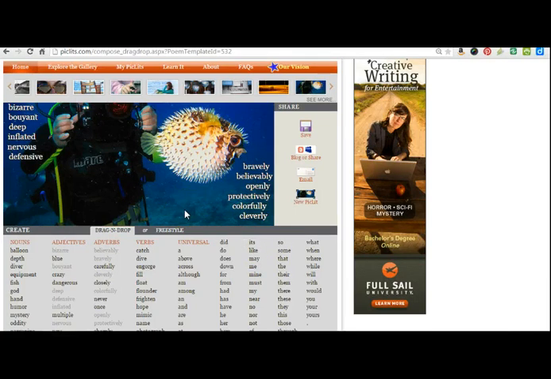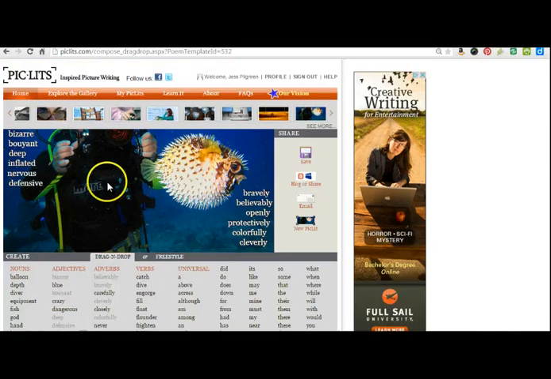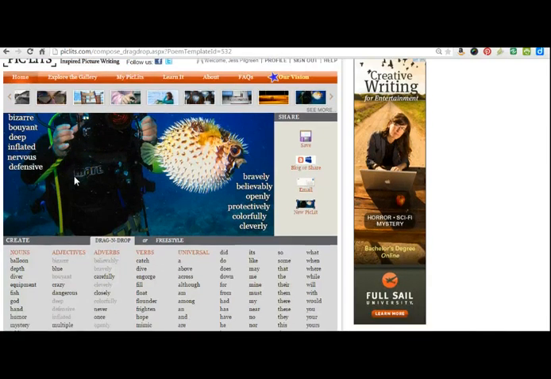If I just need a quick 20 or 30-minute activity, I will set these down at desks, and when students walk into the room, I'll tell them to just sit at a desk that has an image that interests them, and then that will be the topic that they write about for that class period. This would also be a great bell ringer activity: put these into a PowerPoint and project an image up on the screen at the beginning of class and have students respond to the image using words that they have on the image here in order to do a quick write at the beginning of class